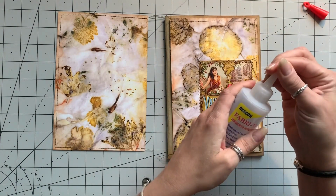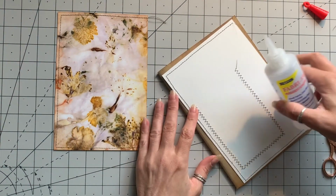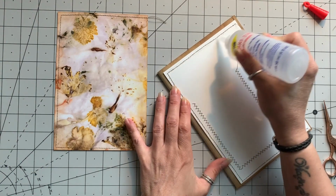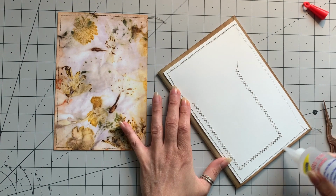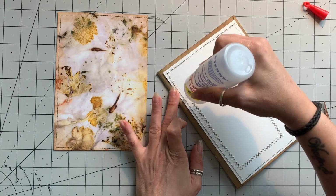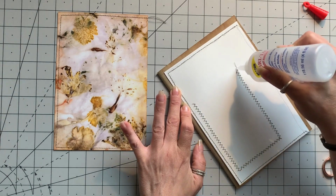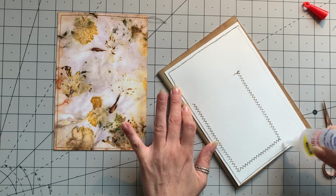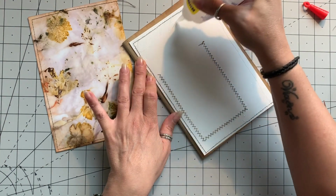Get rid of this funky glue. I'm going to glue a little bit closer to that edge in a minute. I'm just going to start it off. Oh, it's really